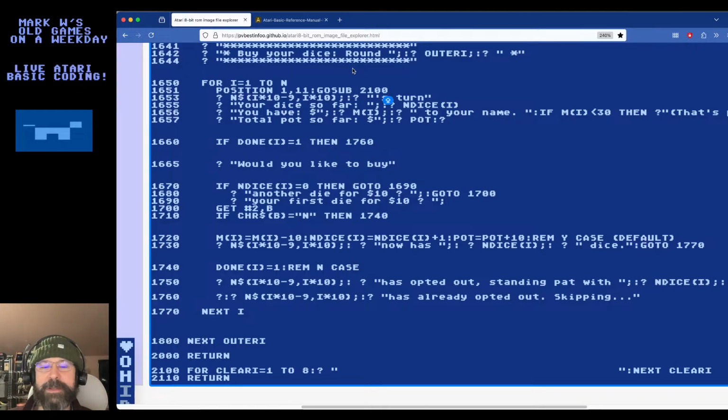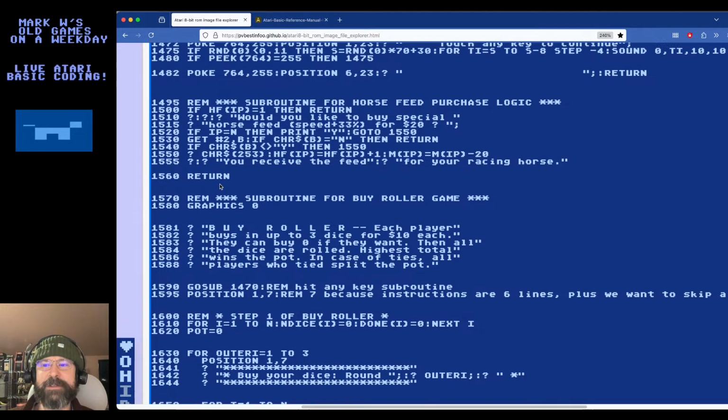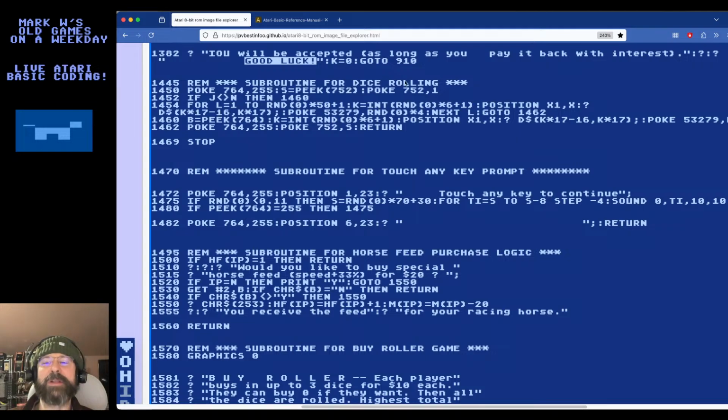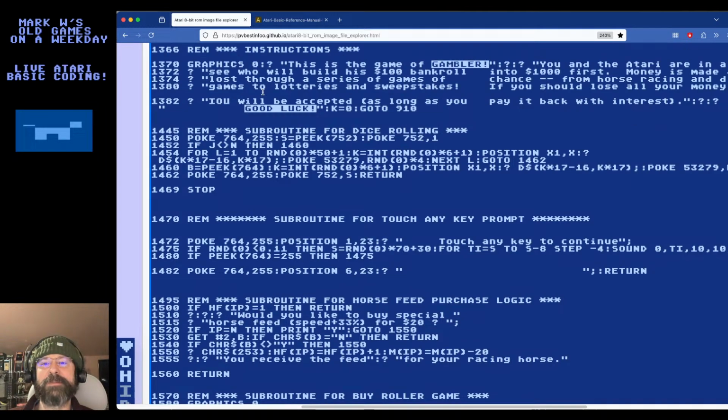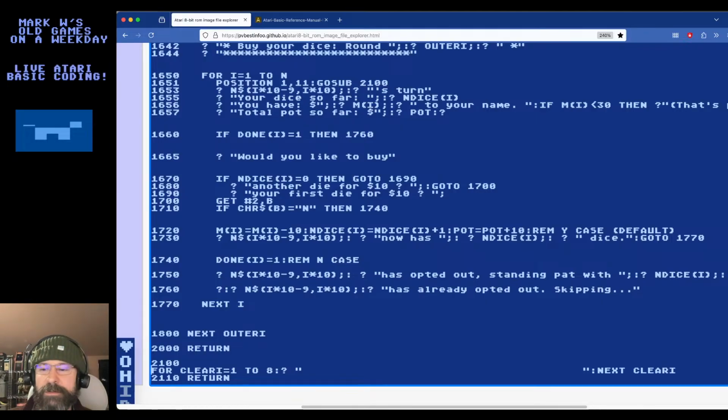2100. And I like to actually, if you see how I commented the other subroutines, most of these were already included in the program. It's nice to be able to glance at what this section is. This is the subroutine for this thing. So I should continue with that line of thought and do that. REM